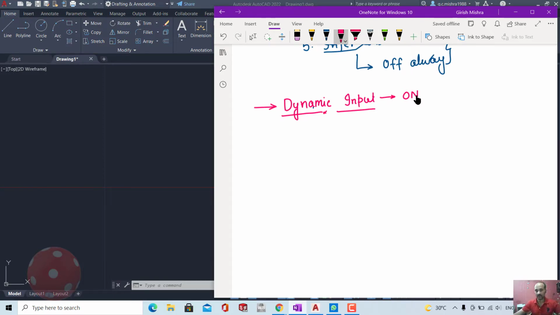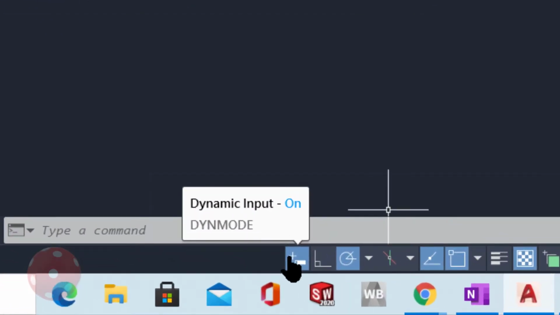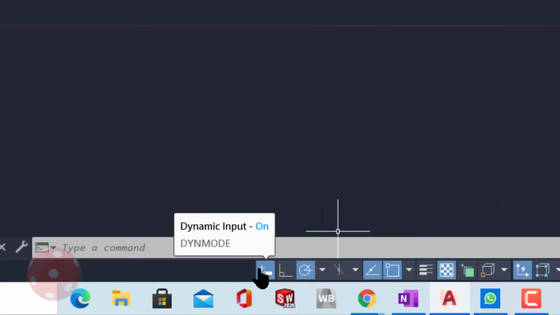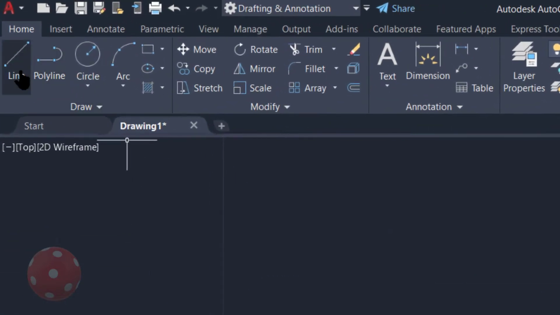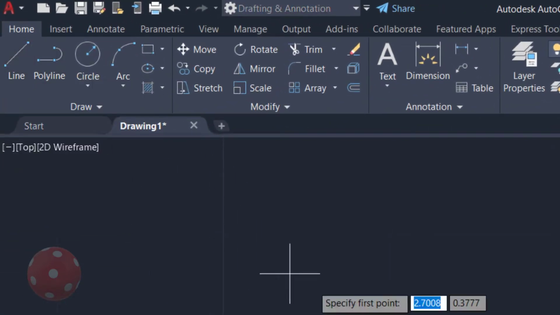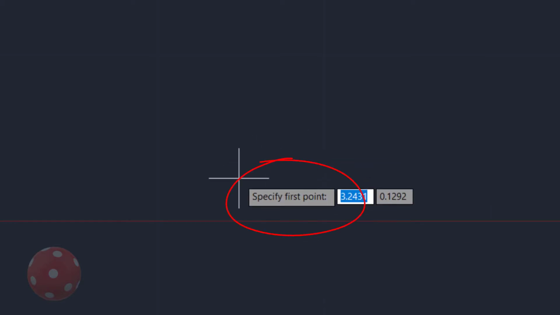How it works we are going to see now. This is a plus, that is called dynamic input. Sometimes that is called DYN, small of dynamic input. If that is turned on and I start drawing something, suppose I started a line, then if you come to the screen here, you can read that it is saying specify a point.